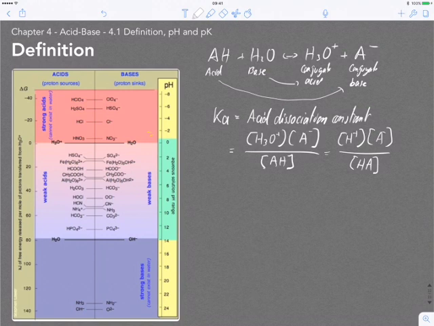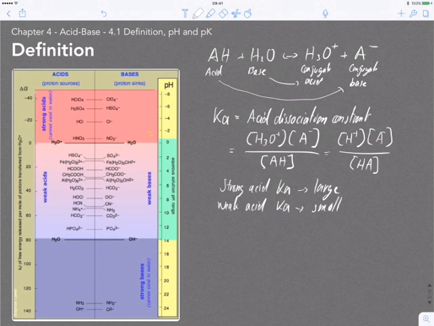So for a strong acid, the Ka is very large, and for a weak acid, the Ka is very small. So the Ka is an acid dissociation constant, and you can take the minus log of Ka, that will equal the pKa. If we take an example of a strong acid like HCl,